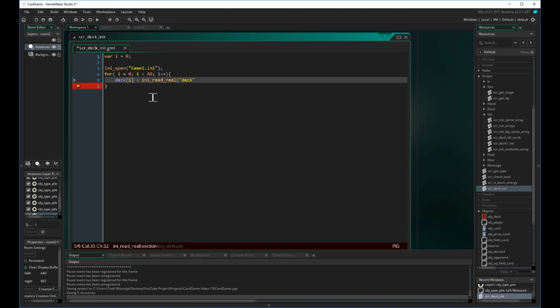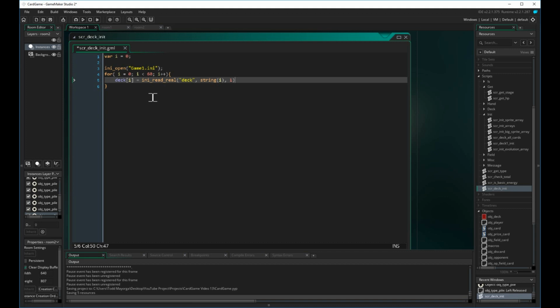In the read real script, it needs the section that we created, which is deck. It needs to know what part of that section we're reading, also known as the key, which we've set to equal the deck position. And it's going to return a value if that key doesn't exist. We want that value to be a number greater than 0 and less than 102, so we're just going to put 1, which will represent the card number for Alakazam. If we see Alakazam somewhere, we know that this